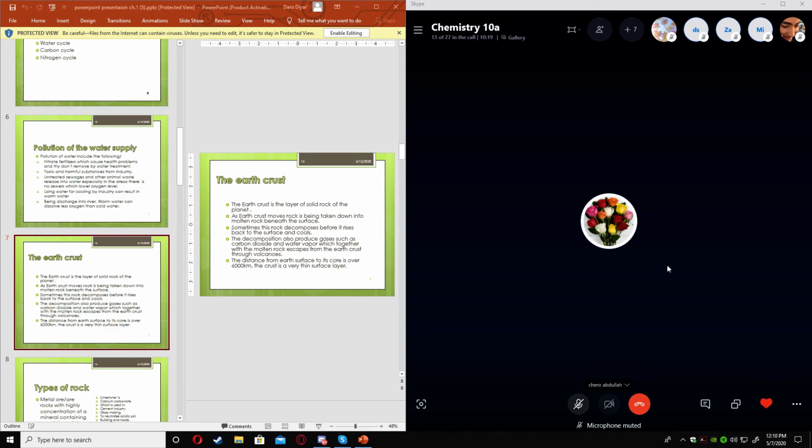Limestone? Miss, is it calcium carbonate? Yes, it is calcium carbonate. We talked about it so many times. We said when it decomposes because of the heat, it will give us calcium oxide, which we call lime, and also carbon dioxide. So when CaCO3, which is limestone, decomposes, it gives us lime, or sometimes we call it quicklime, CaO, and